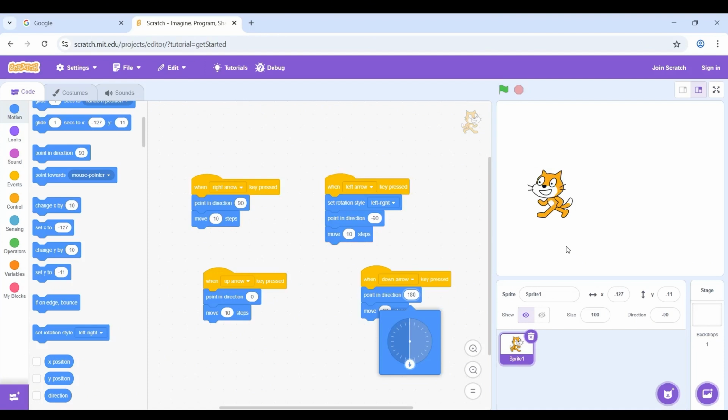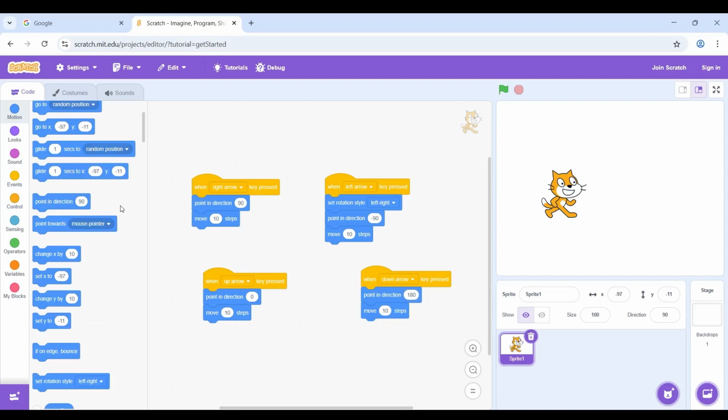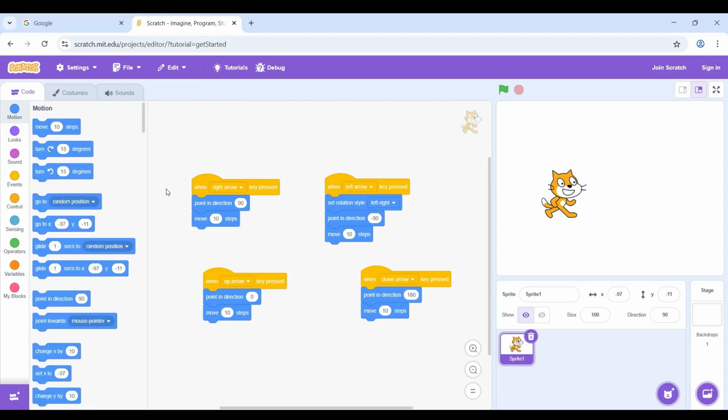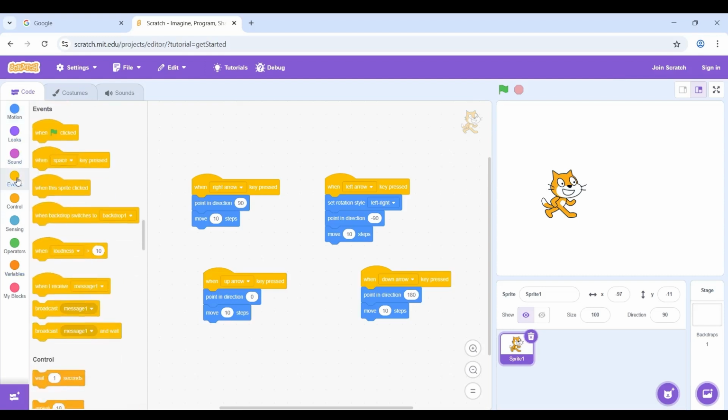Alright guys, so it seems it's good to get started. Before we keep going, I think the cat is a bit big. Let's change the size of it. So we need to go to events. You know I like to use that